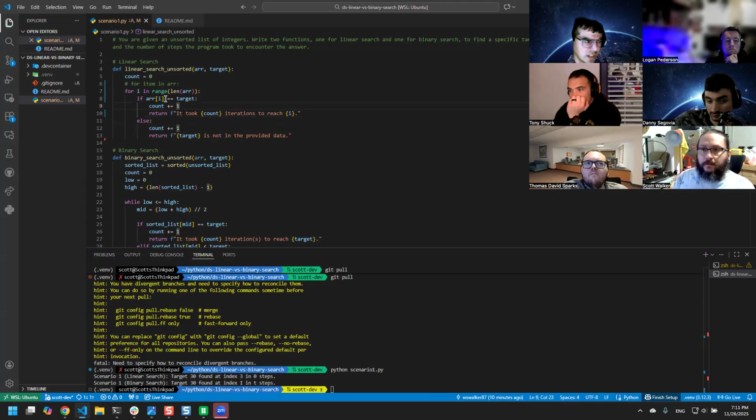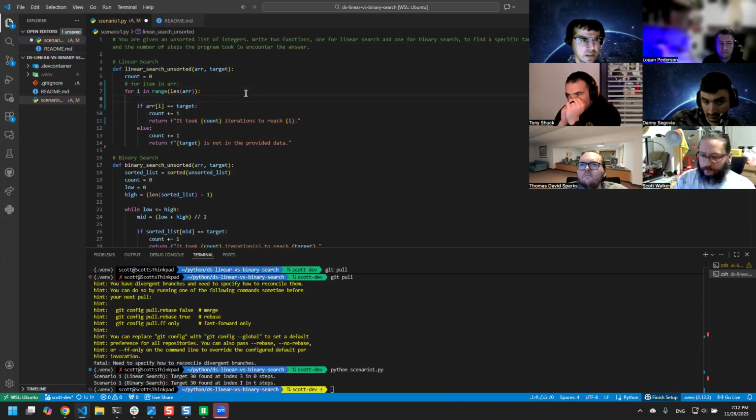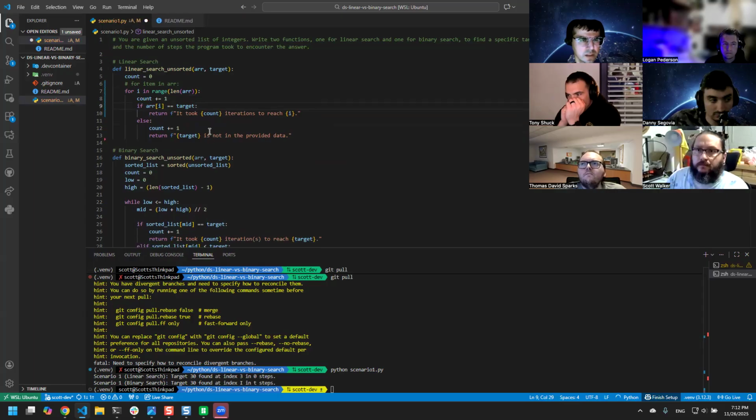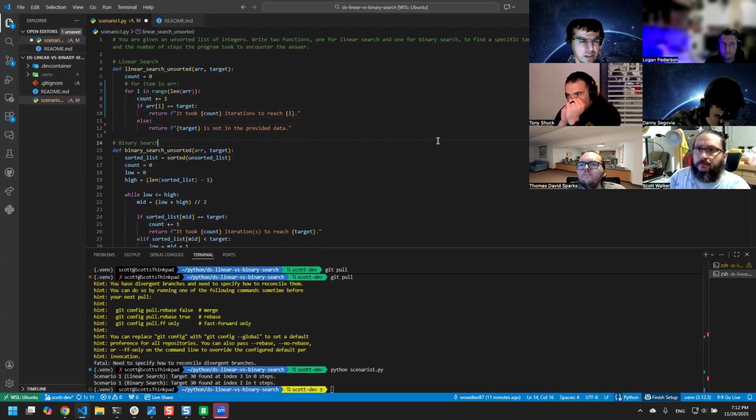Okay, so it would look something like this. The only other thing that I want to point out is look at line 9 and line 12. What's happening at line 9 and line 12? You can just move the count outside of the if and else statements at the top of the for loop. Perfect. Do that. And then if you fix the strings, this would be the right answer.